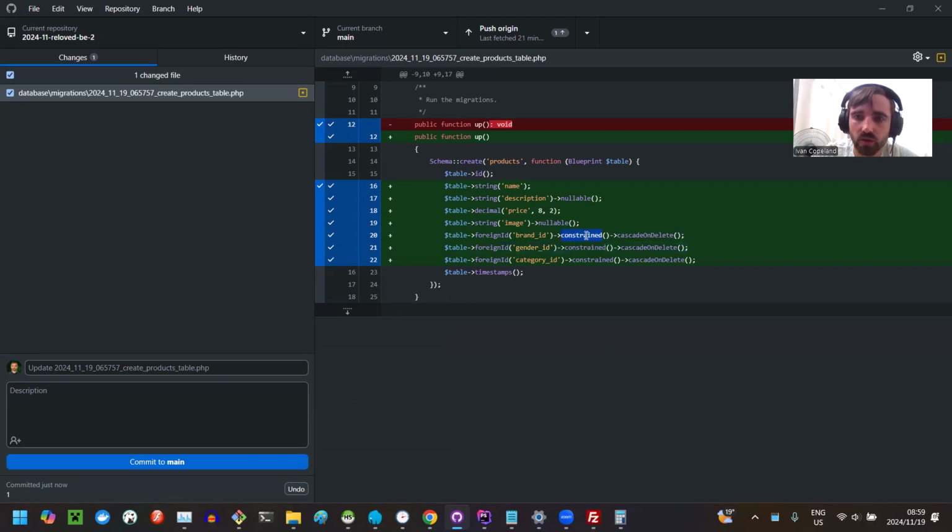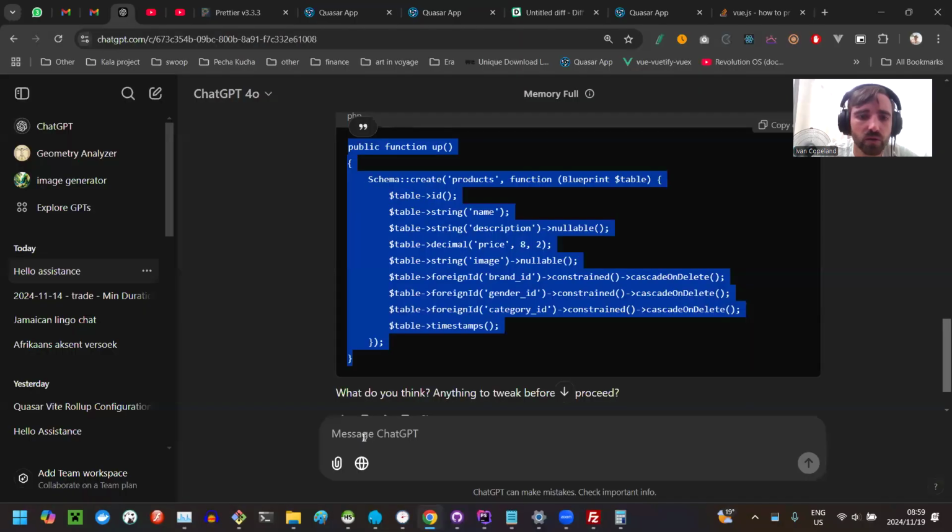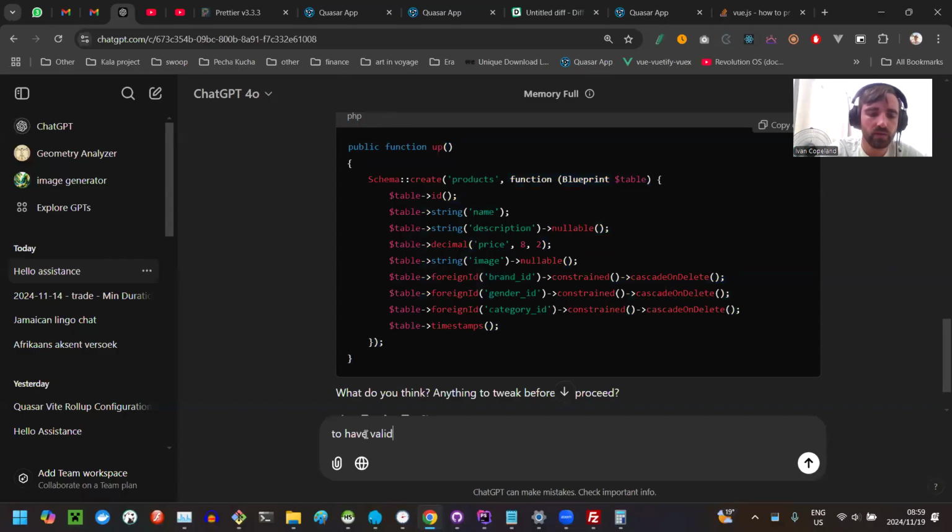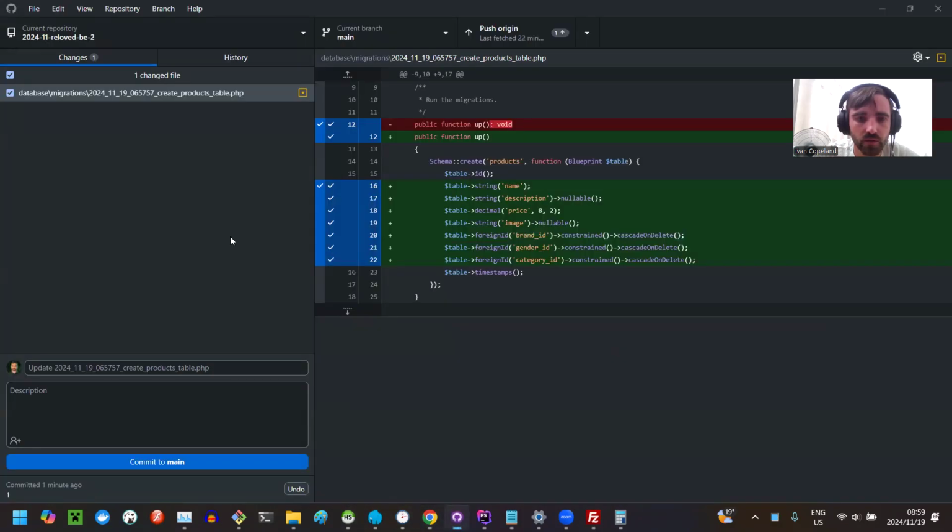Yeah, I'm actually not too good at this. I mean, constrained might work in this context to actually create the constraint against the brand table, but no, normally it has the constraints separately. So I'm not sure if this is working properly. Also, to have those constraints, I'm pretty sure that we have to generate those tables first. To have valid constraints, going to generate tables first, which case,